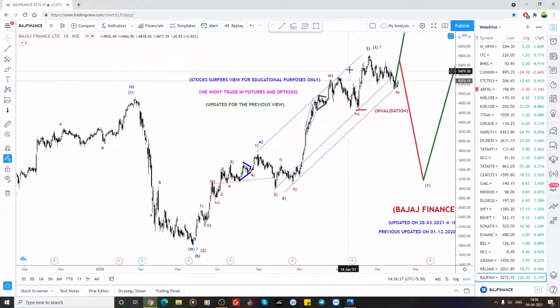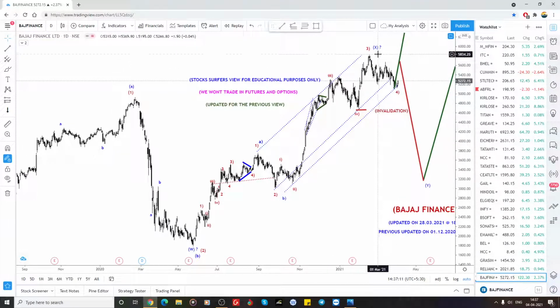This three-wave structure, it's completed here, maybe an irregular flat formation. That is why I have mentioned here. So whether it is making a Y wave or it could be a C wave, if we make this as an A, this could be a B, and the C wave is yet to come. But here it's not looking like a three-wave structure, it's a five-wave structure for the C. So let's see here, if it breaks the high of 5816, the previous high, then that will continue as a five-wave structure, and we are in that bullish scenario.